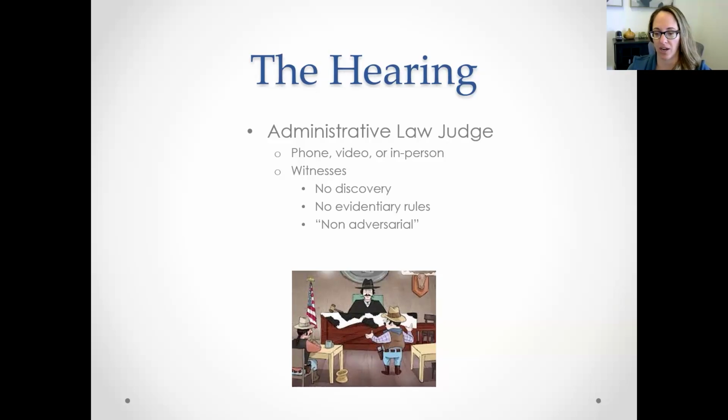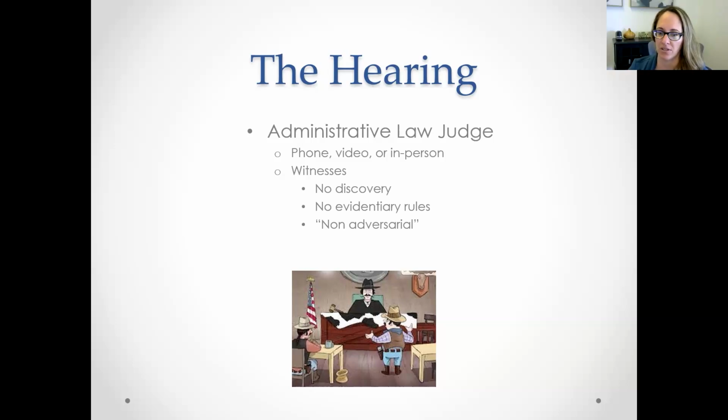If anyone here is an attorney who practices in a different area of law and is interested in this, there's no such thing as discovery, where you have rules where both sides are forced to show their cards, show their position ahead of time. We don't follow the evidentiary rules most courts do. We have a different set of rules governed by Social Security that says you need to have your evidence in by 5 days before the hearing. There are rules about it, and you have to give all evidence, favorable or unfavorable, to the judge to consider.